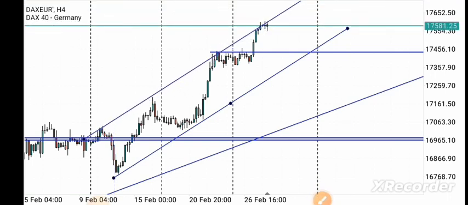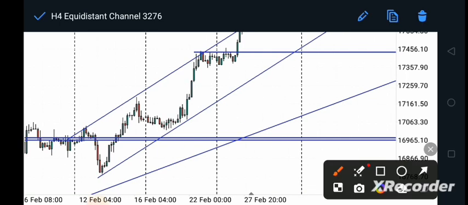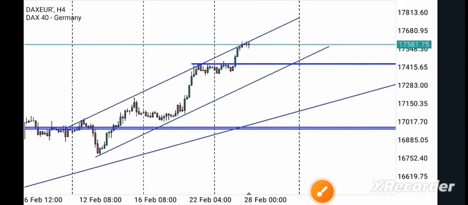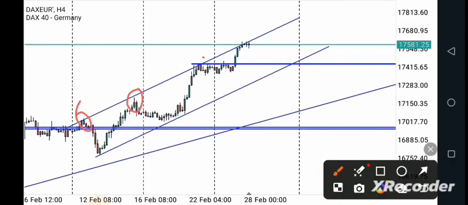We have a third rejection of sorts right at this point, and we may potentially see the market move further down to this level